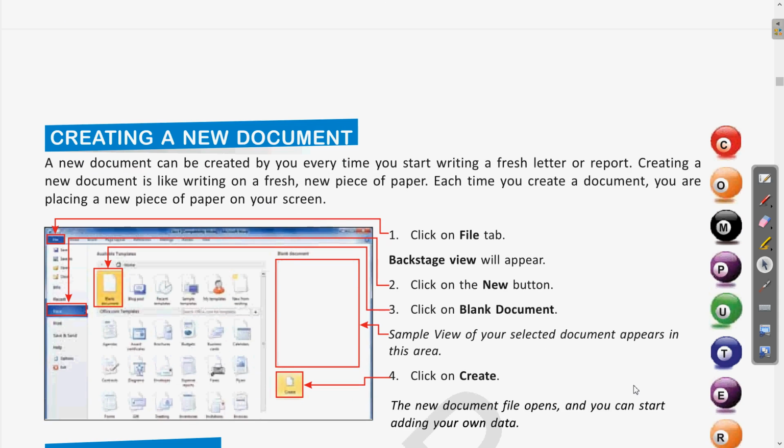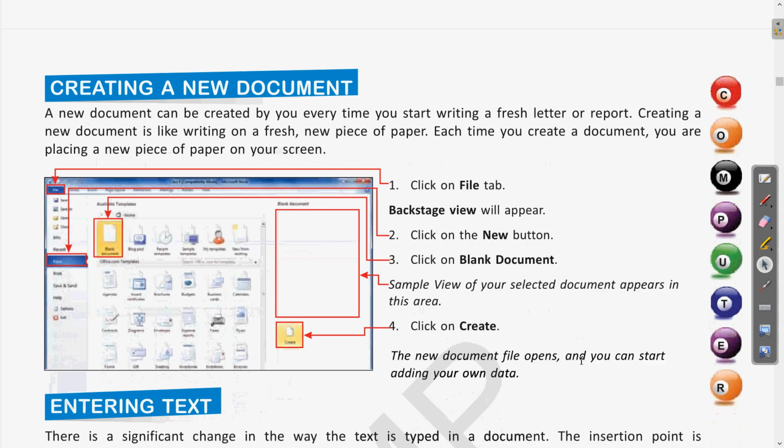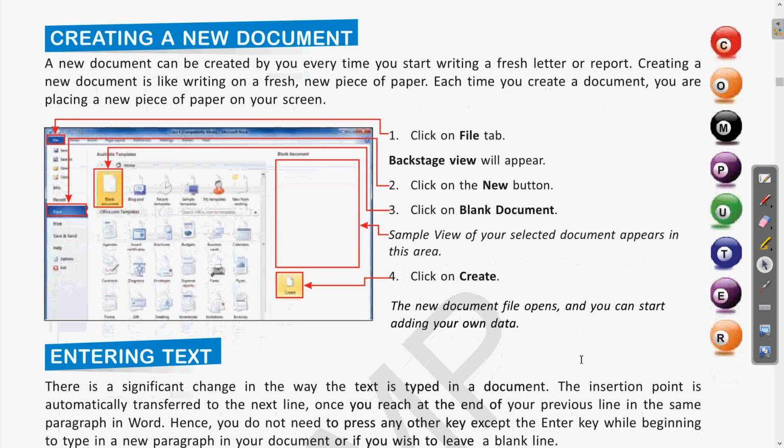Then the next is creating a new document. How we can create a new document in MS Word. Let us see this. Now a new document can be created by you every time you start writing a fresh letter or report. So whenever you are creating a new document, we can use the new document feature.